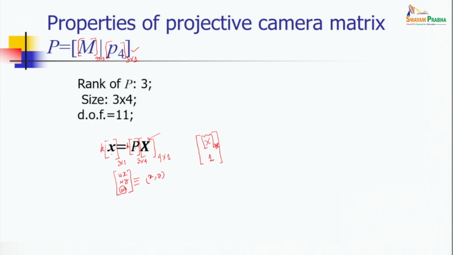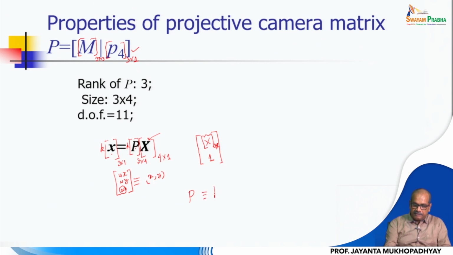So P and the scaled value of the elements of P represent the same projection matrix. That is why we can express all the other 11 parameters, or elements of matrix P, as a proportion of a 12th element. So the number of independent parameters should not be more than 11,